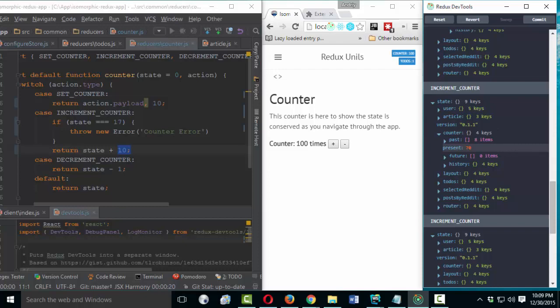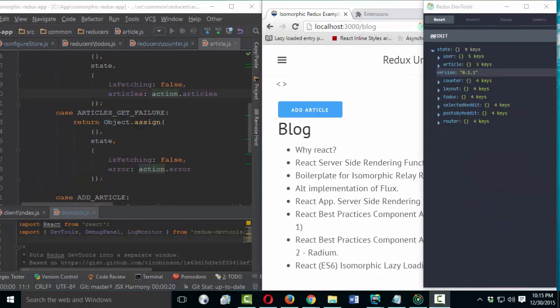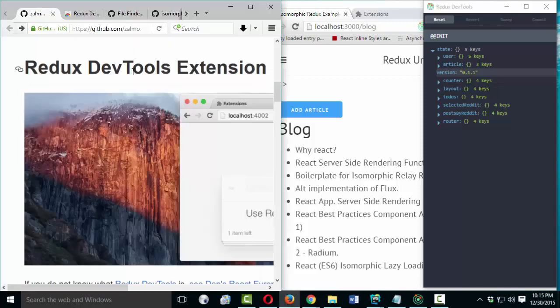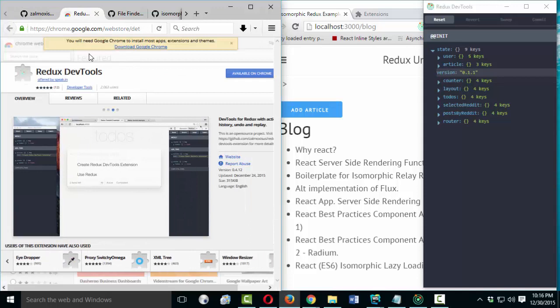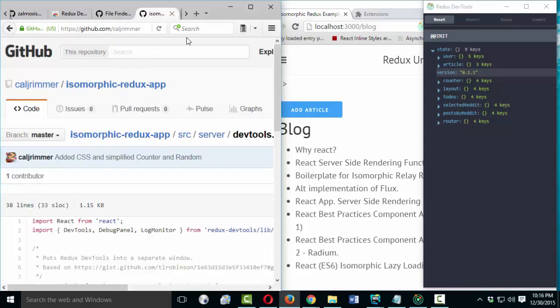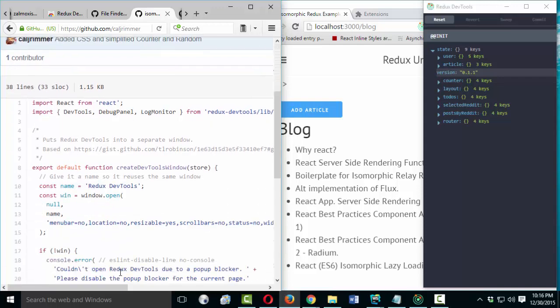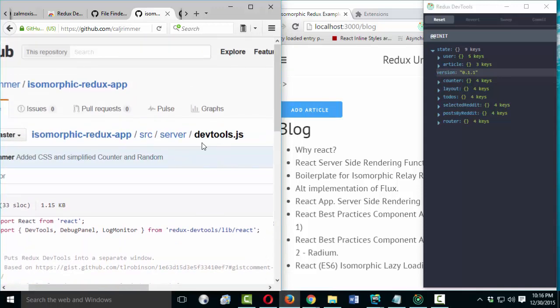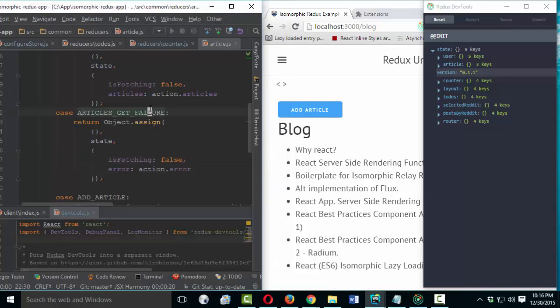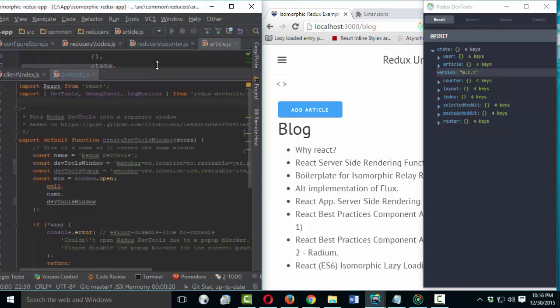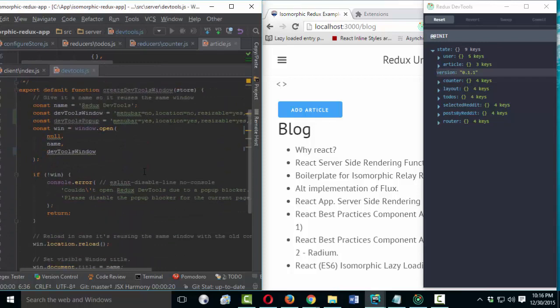All states are recalculated. And if, for example, you don't have the possibility to use Chrome and the Chrome extension, you can configure DevTools in your application. Since we took this amazing boilerplate initially from here, Isomorphic Redux app, we got this DevTools functionality, this single file, ready for us. And I can open it here, DevTools. So here everything is ready.